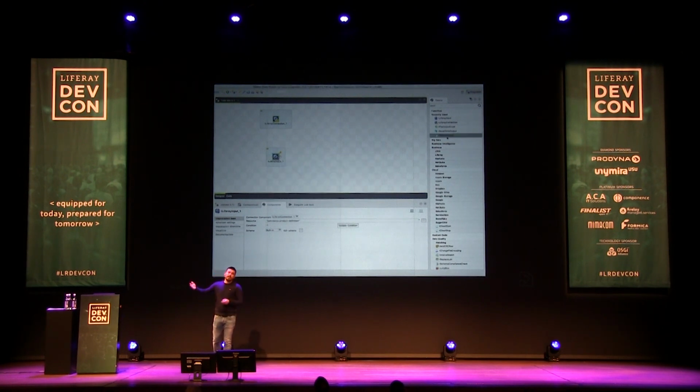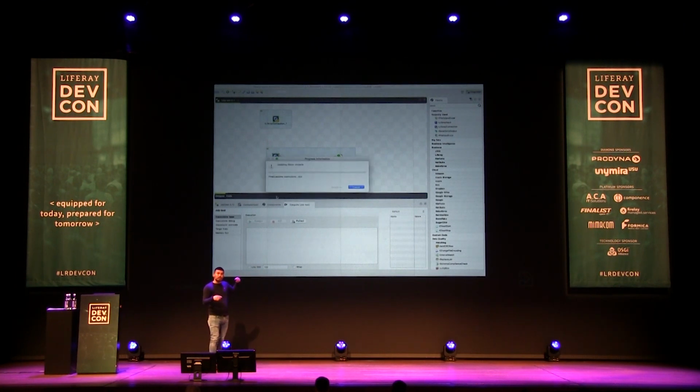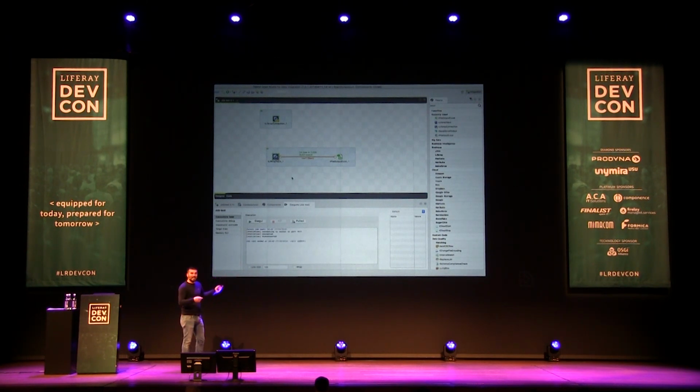Then you can choose a different output, right? You are creating a flow of data, and in this case, we are selecting an Excel output, right? With just two drag and drops and connecting one component to the other with a right-click, we are able to read information from Liferay and export it to an Excel. I recorded this, so it's a really live story.